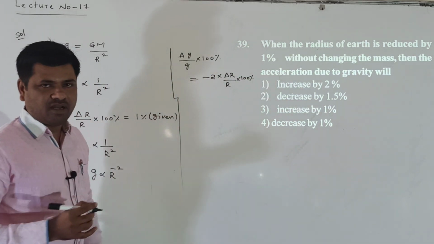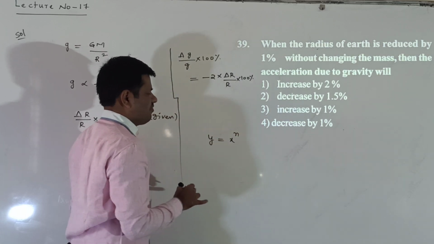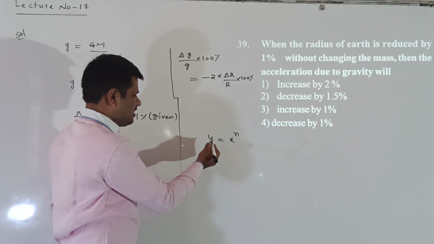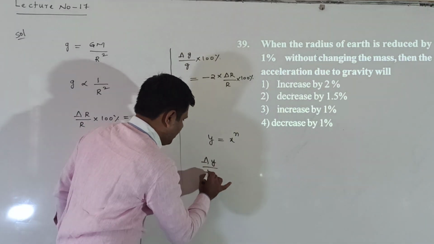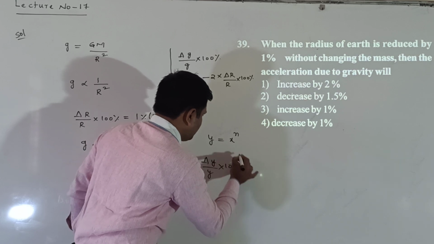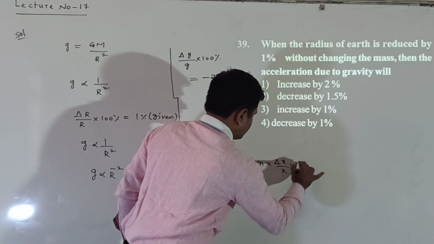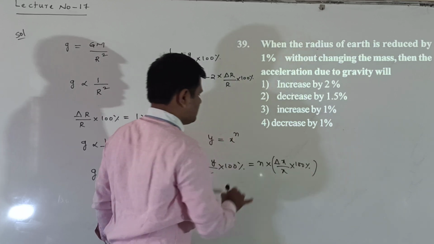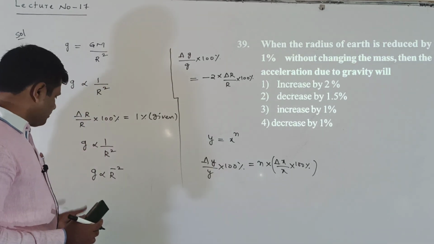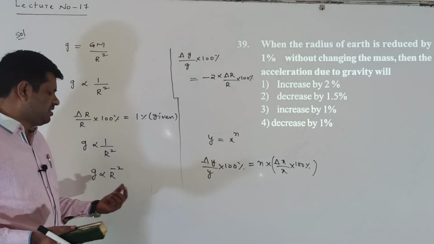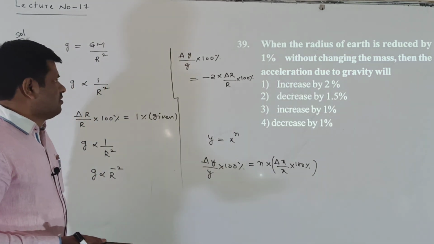In errors, one formula is there. Suppose y equal to x to the power of n. The percentage of error in y we write as delta y by y into 100% is equal to n into delta x by x into 100%. This is the formula. According to this formula I am writing here. Suppose proportionality is there. Proportionality means the middle is a constant, and a constant does not have an error. So that's the reason